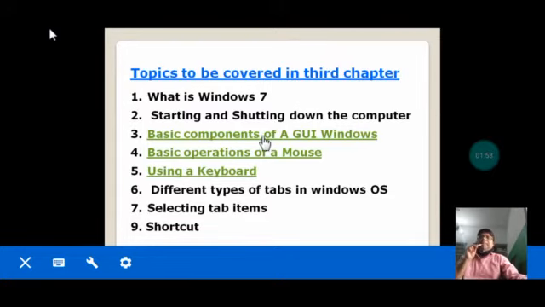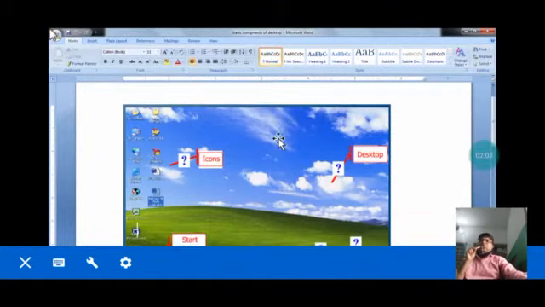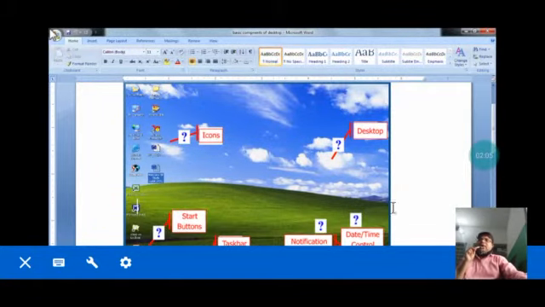Next one, basic components of a GUI window. You can see it. This is my desktop. You can see the icons, the small pictures having a name, that are called icons.